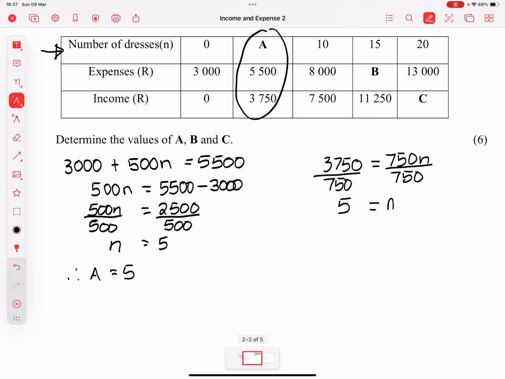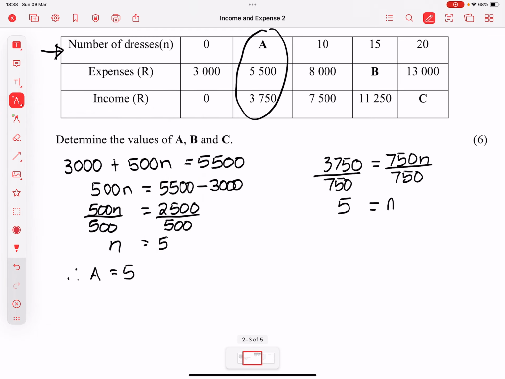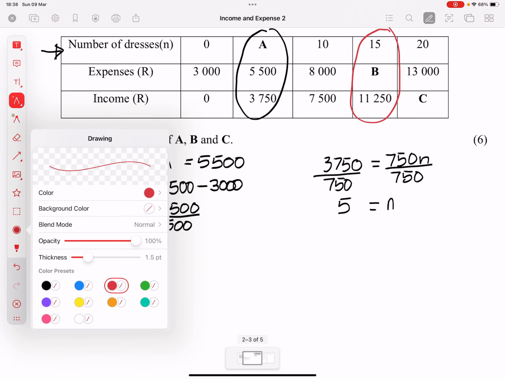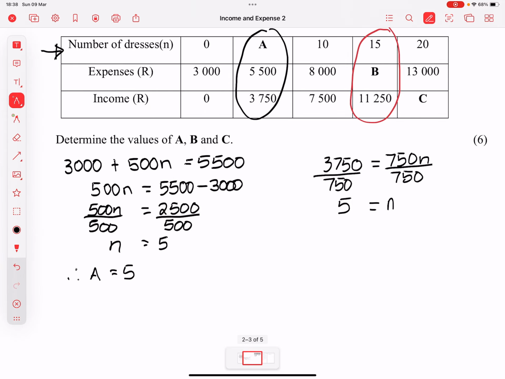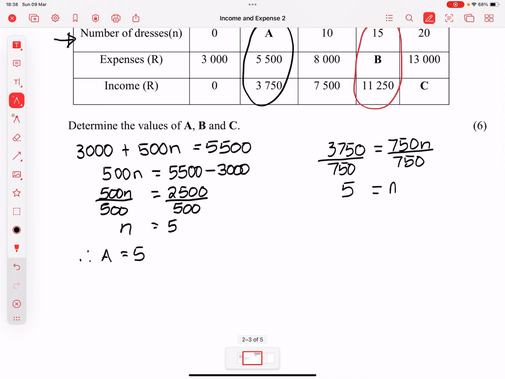Now, if we go to the next part, and here we're looking at B. So if we looked at B, we're looking at that particular part. So we're looking for the expense value with that. So you could use, and I will use the expense graph there. So we're going to go 3,000, or let's say B. B is equal to